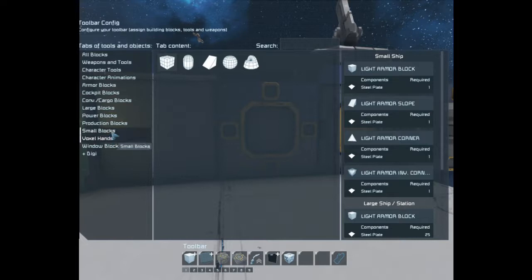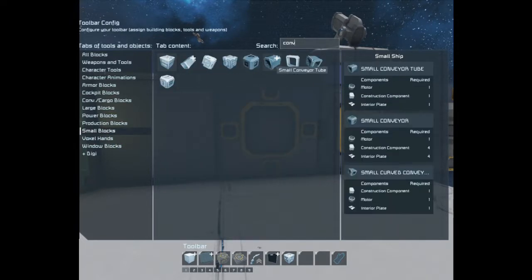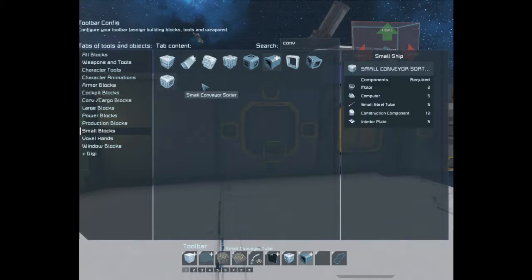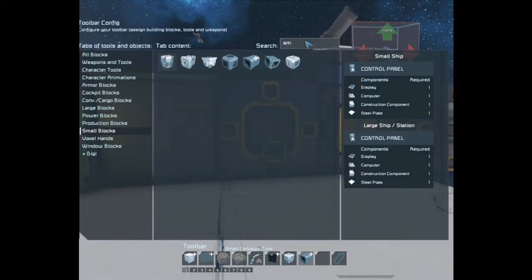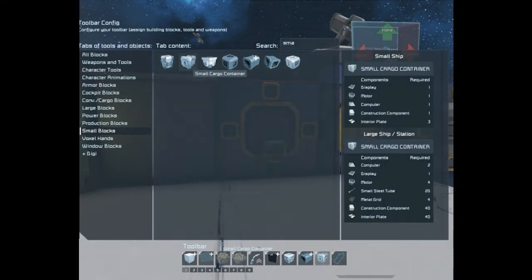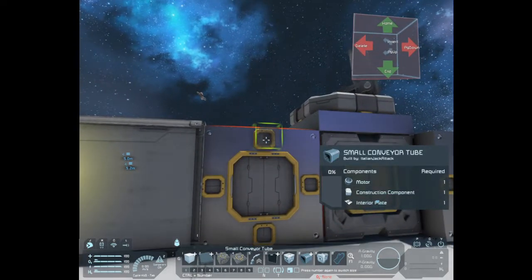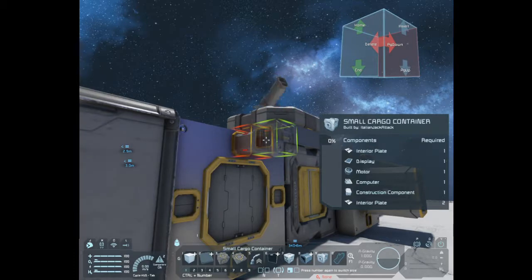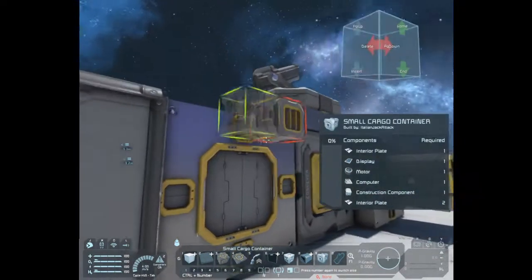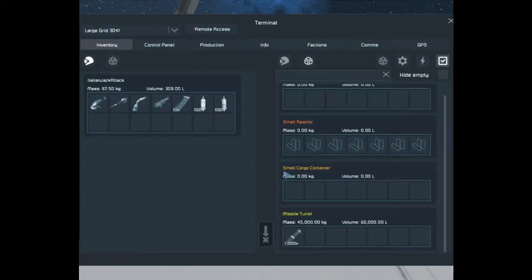And then the large blocks, I guess we can show how it works. Let me grab some small blocks. Let's grab a conveyor, small conveyor tube, and then a small cargo container. And then we can take this and put it there, so now it's connecting. Then put a small cargo container right there, and it lights up. And now if we wanted to move some missiles into our small cargo container, see, we could take, say, half of these, and